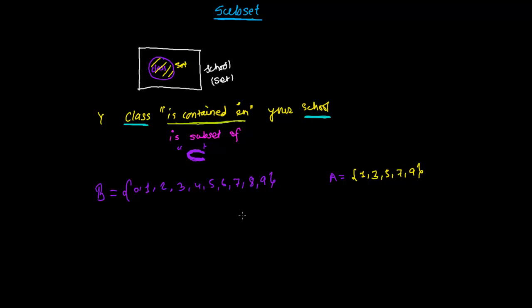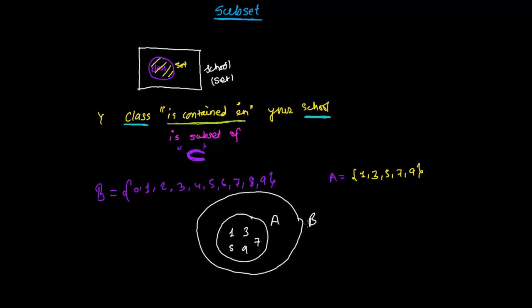So if we understand this from the picture, then it will be something like this. If I have a set A, right, in which their members are 1, 3, 5, 7, and 9, and then I have one more very bigger set which is B, alright, and in which the members are from 0 to 9, right? So already 1, 3, 5, 7, 9 are included. So now left are 0, 2, 4, 6, and 8. Alright, so what you're looking here, that my set A is completely inside the set B.